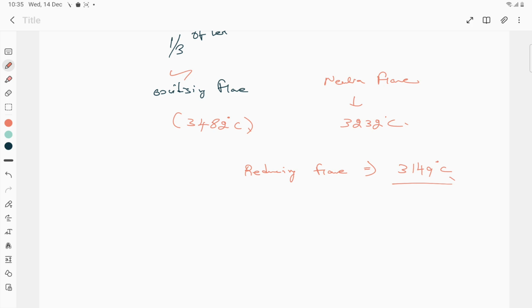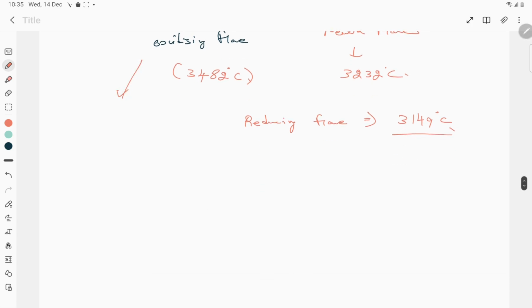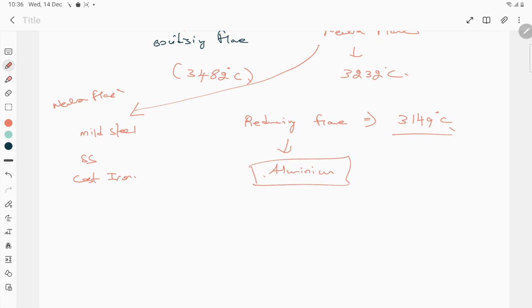This neutral flame will be generally used for joining mild steel, stainless steel, cast iron. This reducing flame will be mostly used for joining aluminum, and this is not used for joining any metal that readily reacts with carbon. So we have to avoid this reducing flame for joining steel and iron,